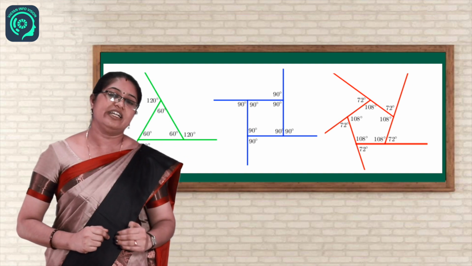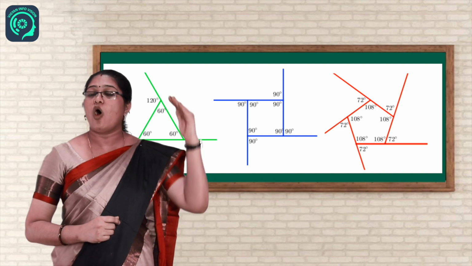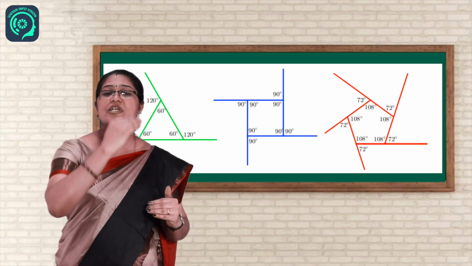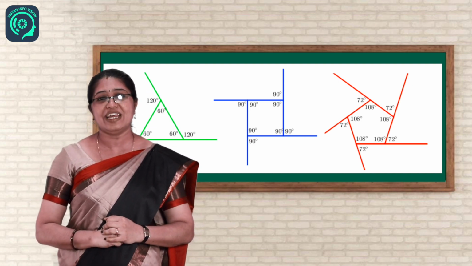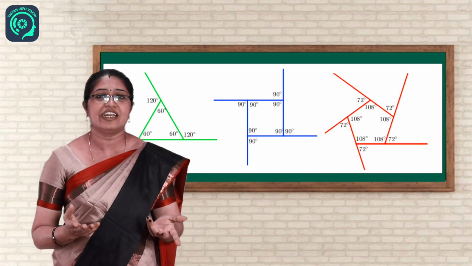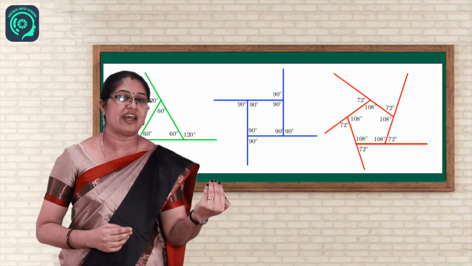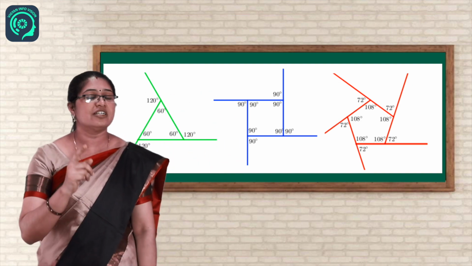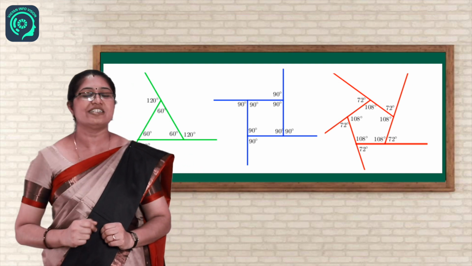So if this side it is 60, what about the other side? It is 120. So all the angles will be 120 for an equilateral triangle. So 120 plus 120 plus 120. How much? It is 360 degree. Right? For a square, you know that all the angles are 90 degree. If this side, inside it is 90 degree, what about the exterior angle? It is also 90. Then for all the 4 corners, it will be 90 degree. 90 plus 90 plus 90, 4 times 90, that is 360.